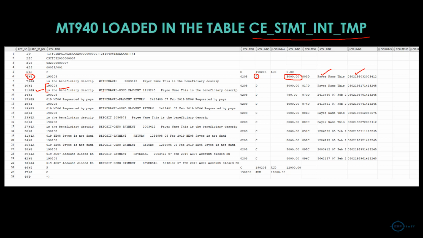So here if you see, if I say 61A, it will show me from here to here, wherever I want this information to be populated, right? And if I want like this one, this is under 61, right? So this is already done. This is the table. I uploaded one in the interface table,